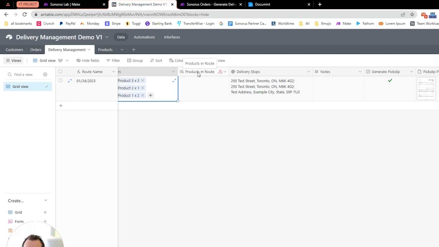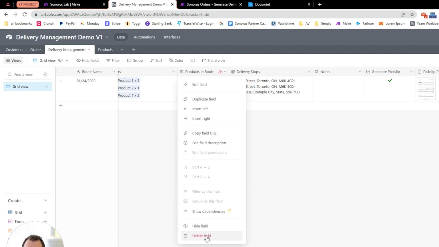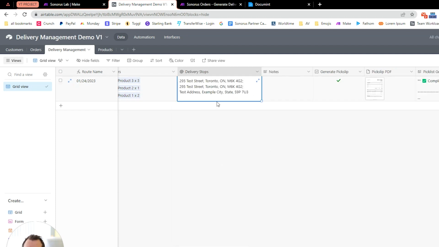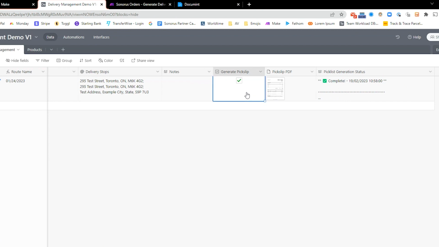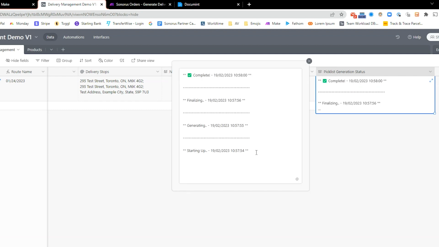Products in route. I don't think we need that anymore. Delivery stops. Then we have notes, just some more notes for us, internal, and then generally pick slip, which is just a checkbox. The attachment where we're going to be printing the PDF. And then the pick slip generation status long text, where I'm able to just print all the status updates for that